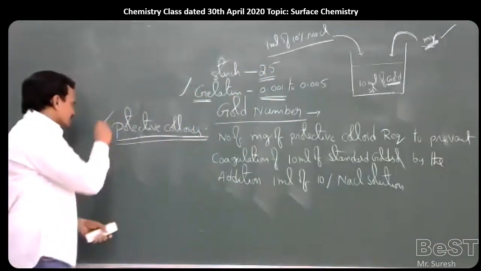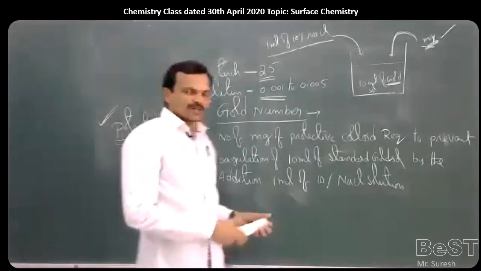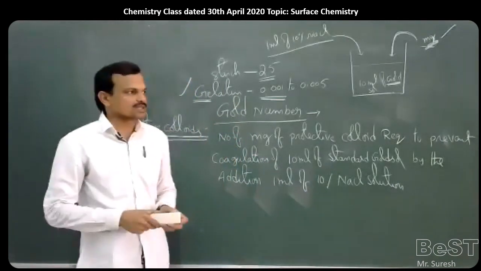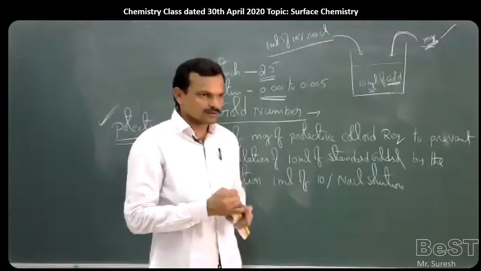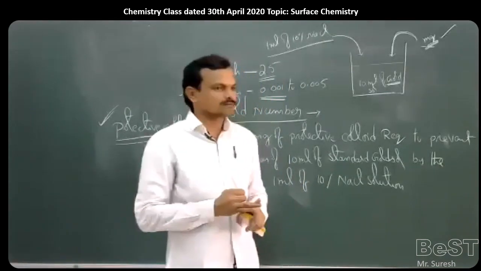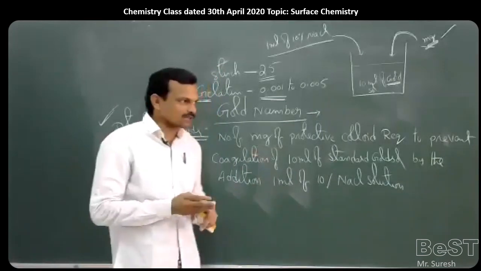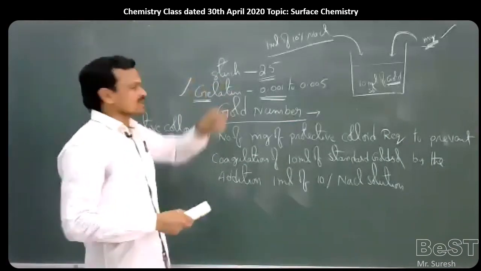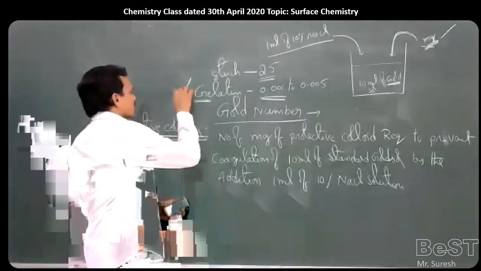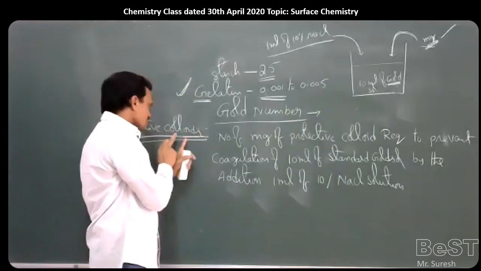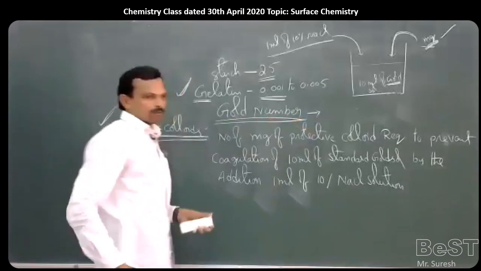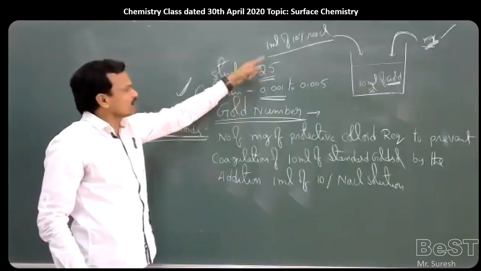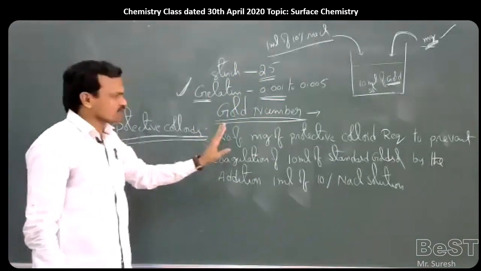So this is regarding protection of colloids. After preparation of some colloids, we require protection of colloids because we have to keep the colloids for a long time. The best examples we use are hair creams, vanishing creams, cold creams. After preparation of these, we can preserve them for a minimum of 1 or 2 years. To keep them stable, we should add some protective agents, which are called protective colloids. And the protective power of those colloids can be explained in terms of gold number. Smaller the gold number, greater the protective power. Greater the gold number, smaller the protective power.